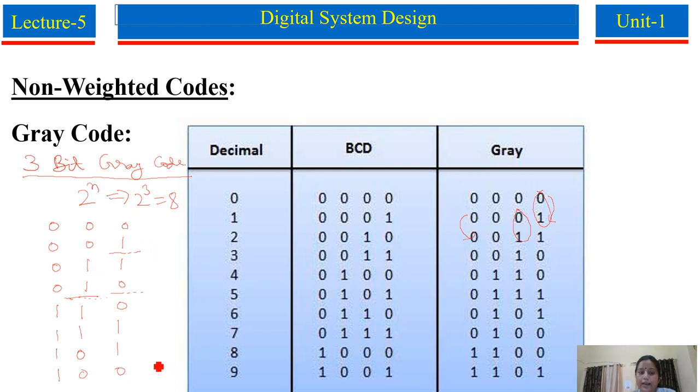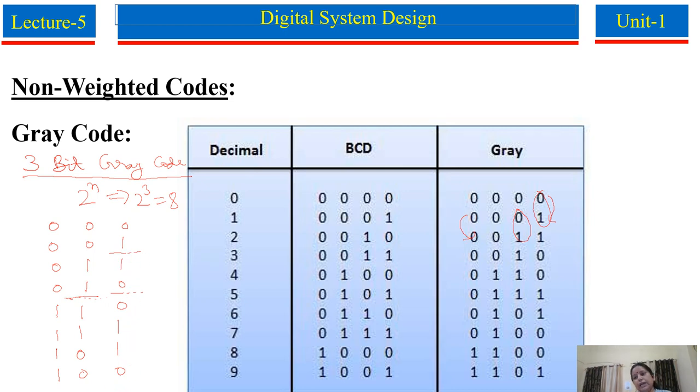दोबारा देख लीजिए how we write. Simple logic: 2 raised to 3, possible combinations are 8. So I write four 0s, four 1s. Then two 0s, two 1s, and after that the mirror image, because this is a reflecting code also: 2 1 2 0. Then divide by 2, single 0, single 1, and again the mirror image: 1 0 0 1 1 0.